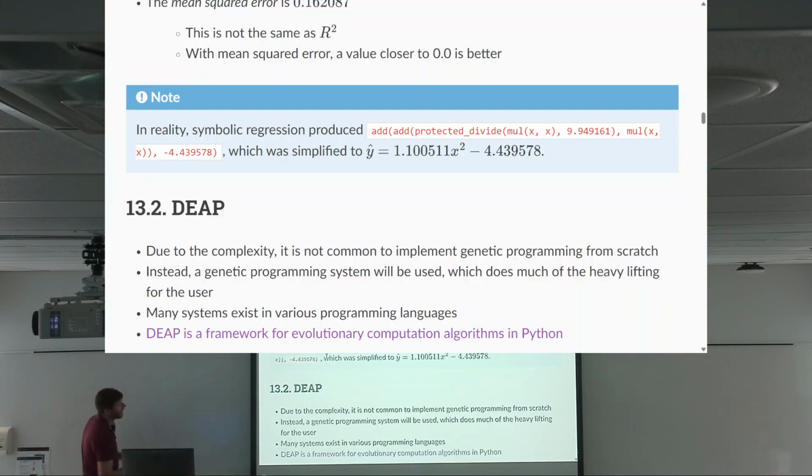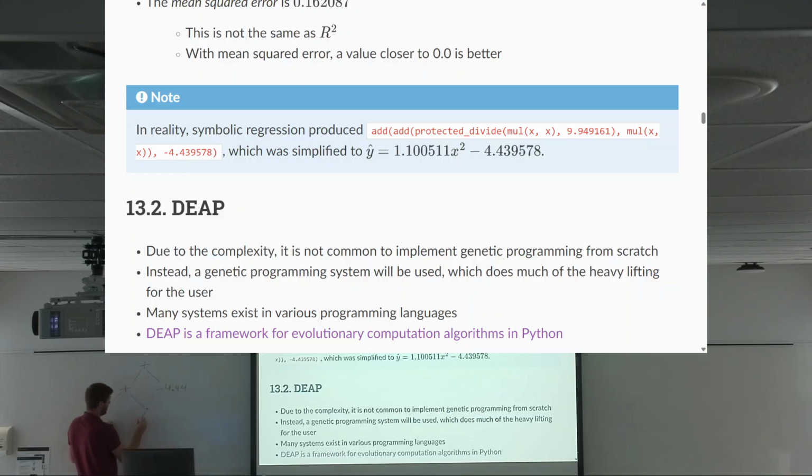So the root is add. And to that, we've got another add, and over here. So we've add. Okay, open, open, open, close, close, close. And I guess add, I guess it's just a negative 4.44. I'm going to be lazy, right? And then here, we're adding the results of the protected divide with